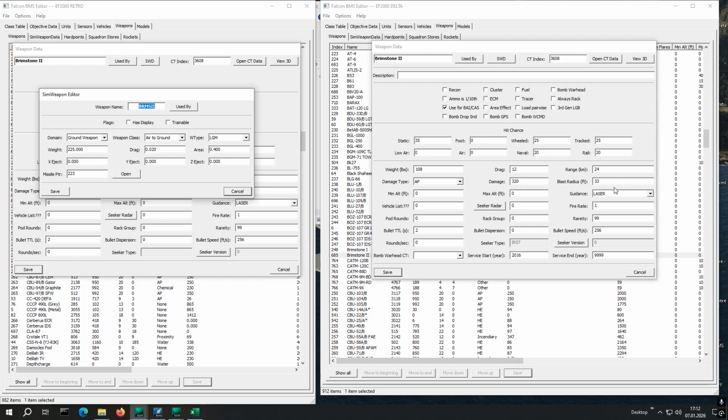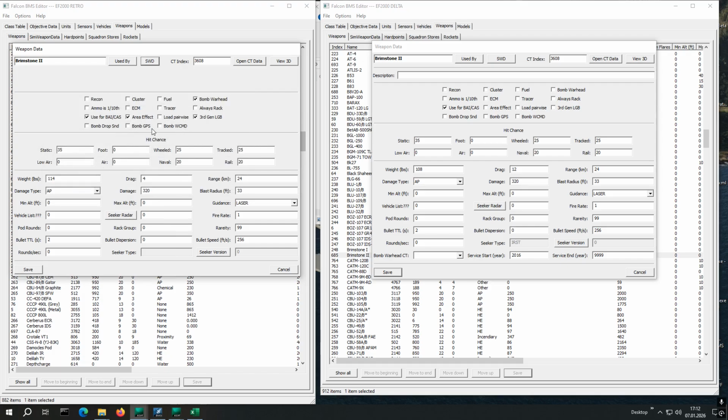I can't say off the top of my head whether the Brimstone 1 and 2 missiles are working in stock KTO at all. So in this case, we simply transfer the data for the Brimstone 2 from EF 2000 Retro to EF 2000 Delta. That's what I wanted to show you, that it's important that you